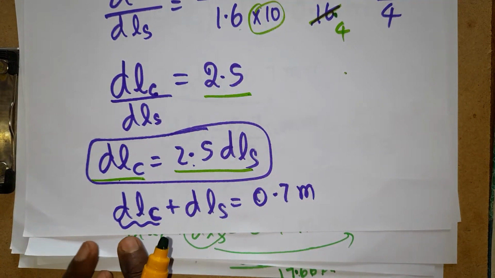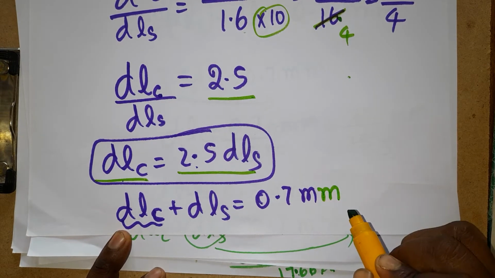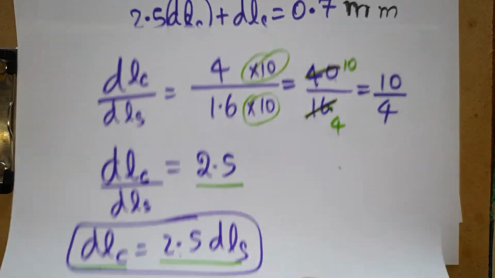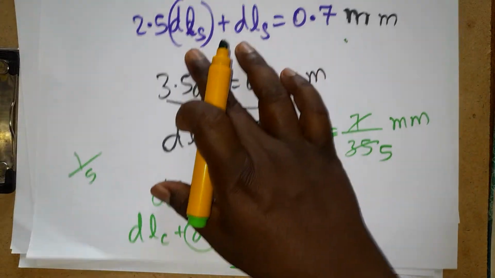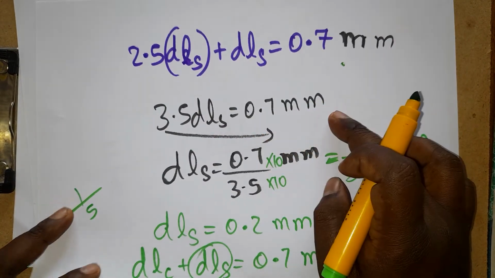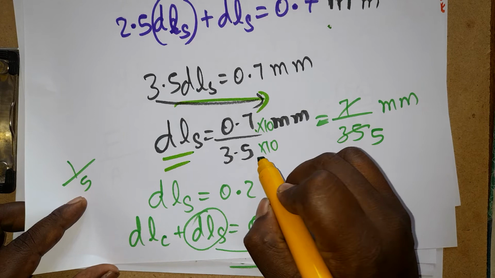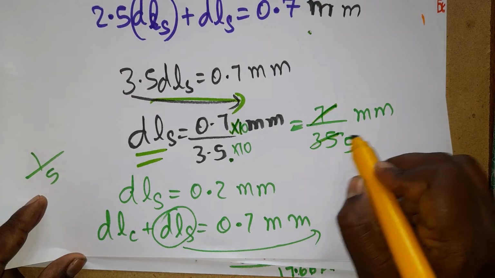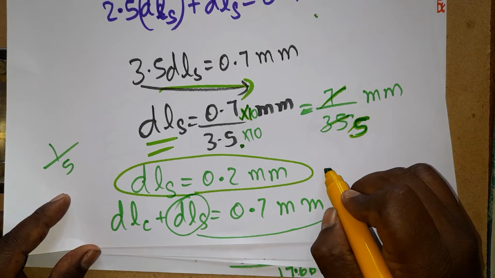Now copper plus steel is equal to 0.7 millimeter expansion, as we know from the question. Together they move 0.7 millimeter. Now I know the copper wire change is 2.5 times the steel wire. So 2.5 plus 1, that is 3.5, is equal to 0.7 millimeter. I am doing a cross multiplication. Changing length is equal to 0.7 divided by 3.5. Numerator 10, denominator 10, I just multiply, 7 by 35. That is going to be 1 by 5. So 1 by 5 we can write as 0.2 millimeter. The changing length in the steel wire is 0.2 millimeter.